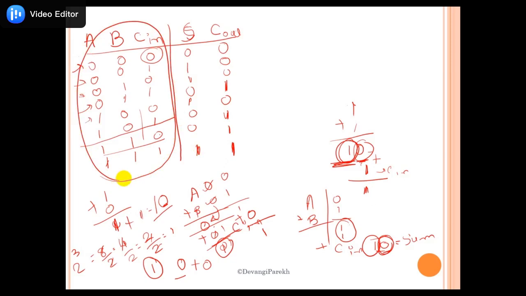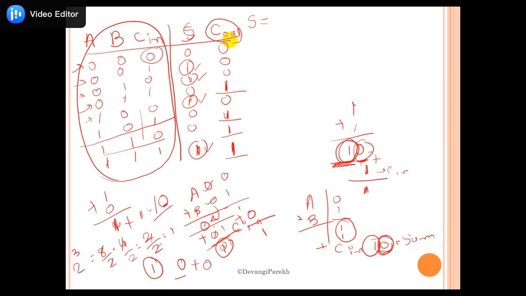Now we have to generate the Boolean expression from this table. To write the Boolean expression, we need to count the 1s. So to write the Boolean expression for S, S is equal to, in this condition, this condition, this condition and this condition, the full adder is going to generate the output as sum, and in the conditions where C out is 1, the full adder is going to generate the output as C out.